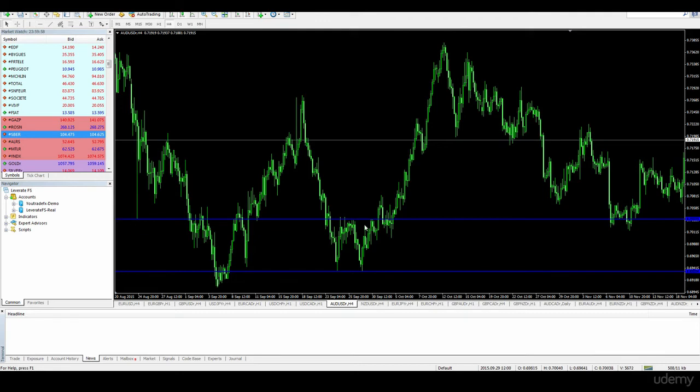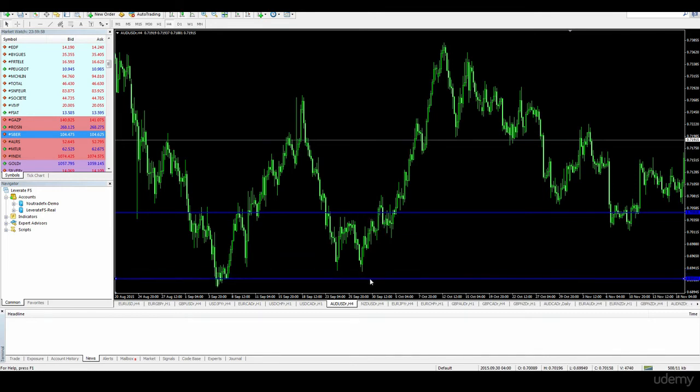What did we say? The first entry is made a few pips above the neckline, which means that we would set pending orders for buy at this level here. While the stop loss is set a few pips below the previous two bottoms, which is at this level here. The target is set at the level of the height of the pattern, and it is at about